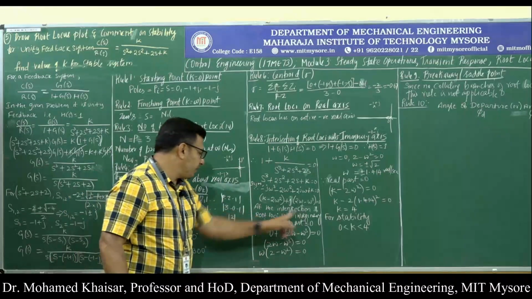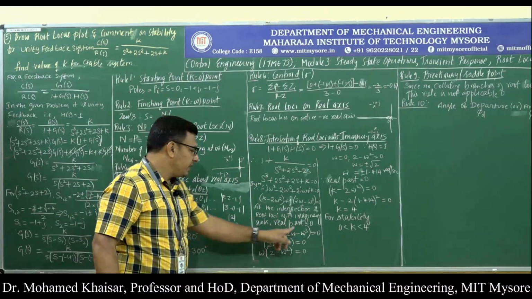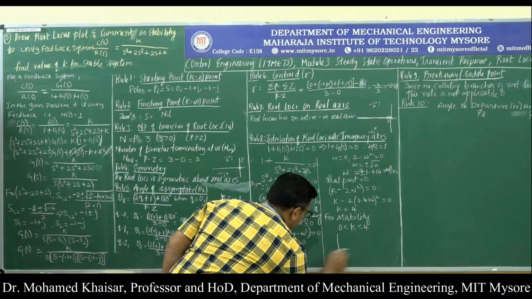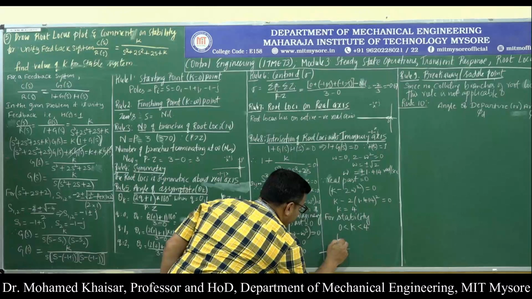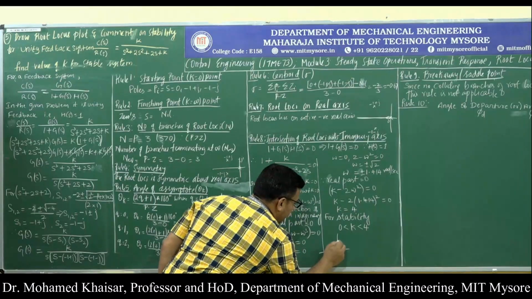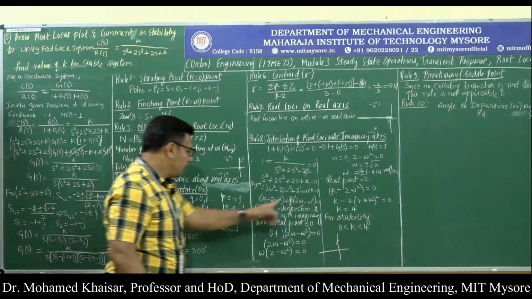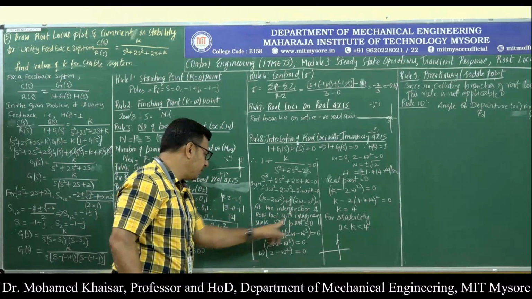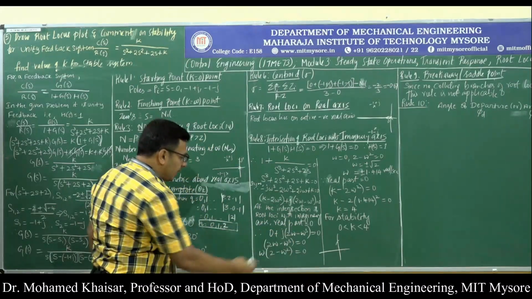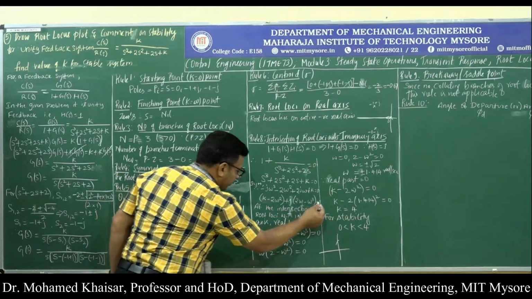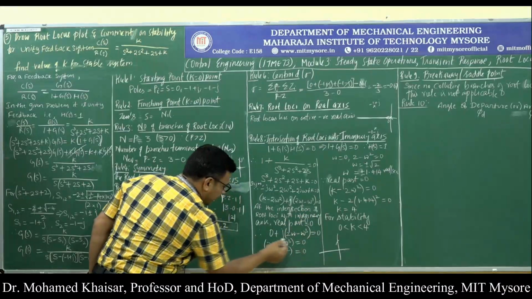So at the intersection of root loci with the imaginary axis, real part will be equal to 0. Obviously the real part will be equal to 0 as we know here. So if this is the intersection point, at this point what will be the real part? It will be 0 only. When we substitute that, this will be 0. So 0 plus j into (2 omega minus omega cube) equal to 0. This is what we are left with.